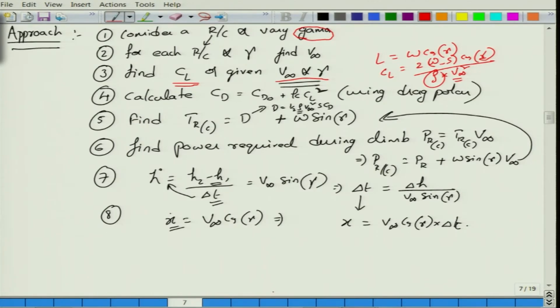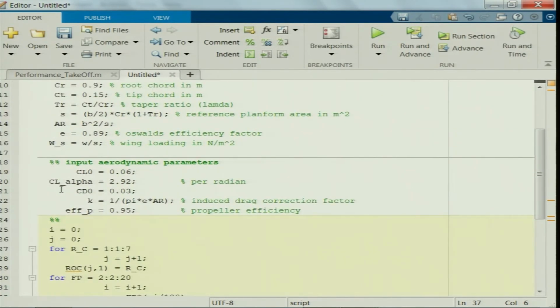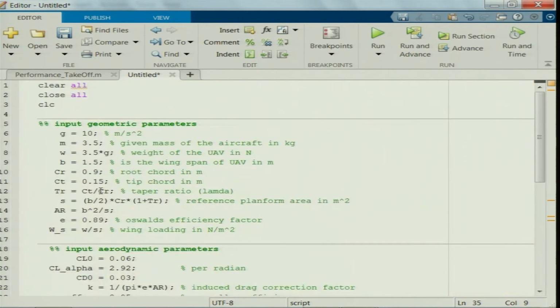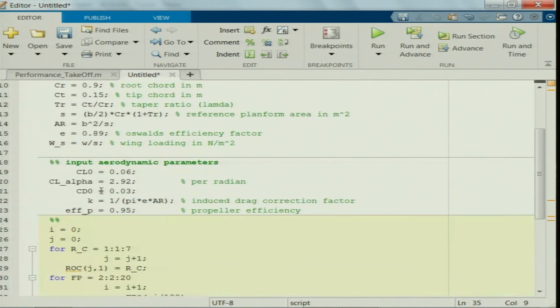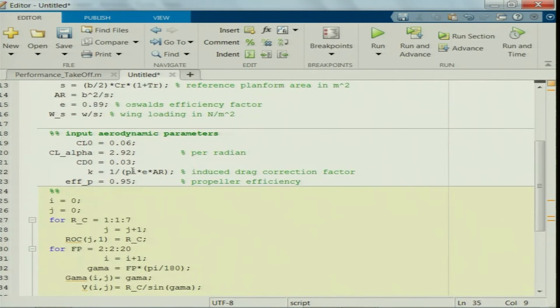When I have to find the density, that means I need to know the corresponding altitude of flight here. For the time being, let us say we get it from here, we will try to arrange that. So, density is also given as an input. For the time being, let us assume that. Otherwise we need to solve this entire procedure in the time domain, so let us not do that for the time being. We will consider density as an input, that is, the density at the altitude from which the climb is initiated.